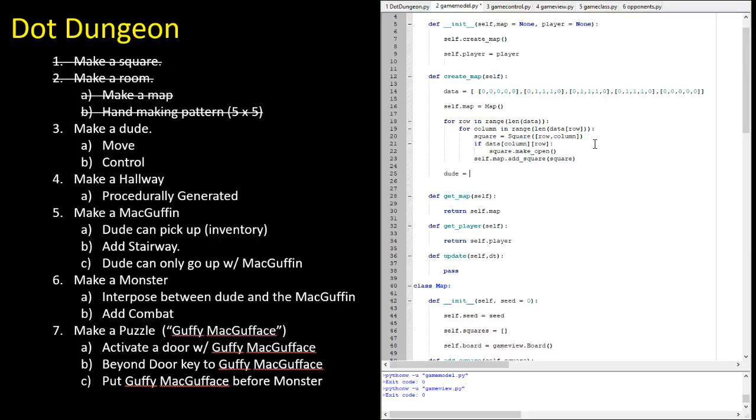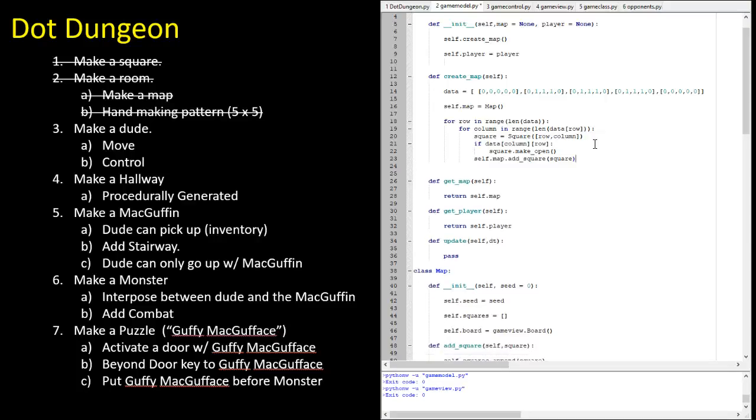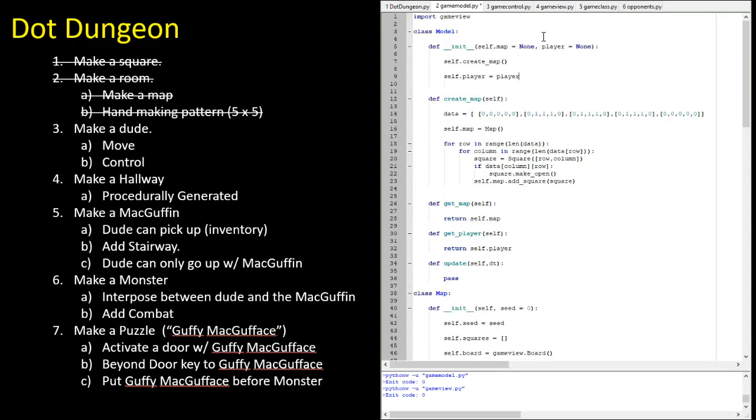So we'll just start by creating... okay, so here I've got a player here. I don't really know what to do with that. We'll deal with that later. Maybe we can do a generation. So we do some before we get into the actual game. Maybe we can do a character generation, and then we can pass in the player. But right now, let's just give us a dude, and